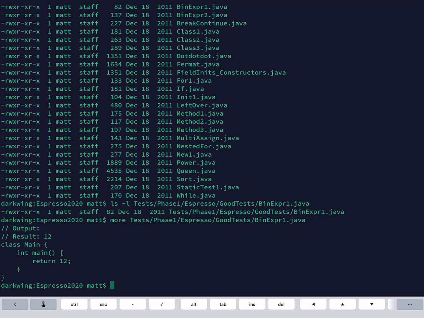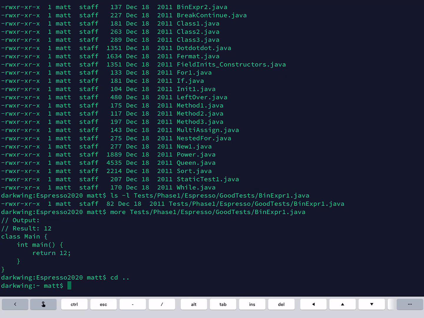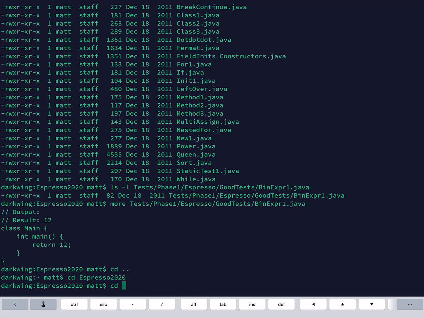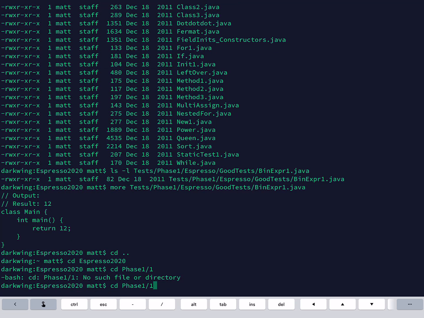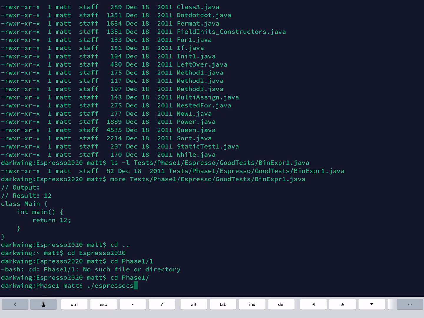I don't know why it's doing that, because what we were supposed to be able to do now is run my reference compiler, Espresso CR, with any of these tests that we want.